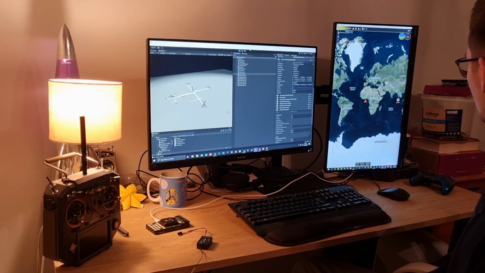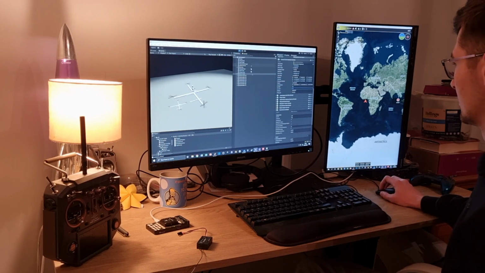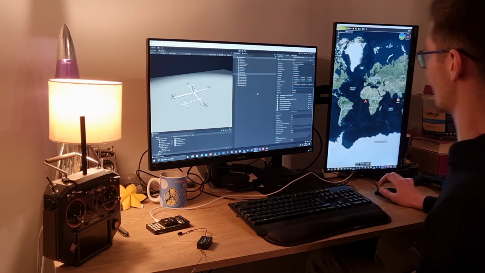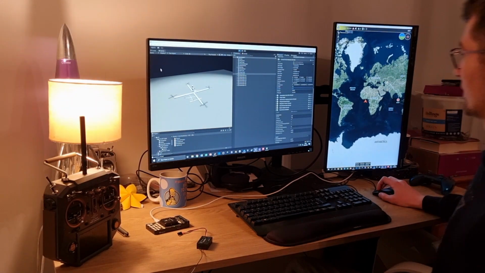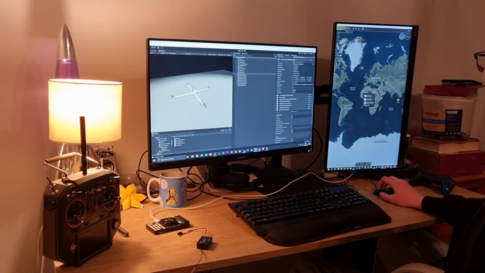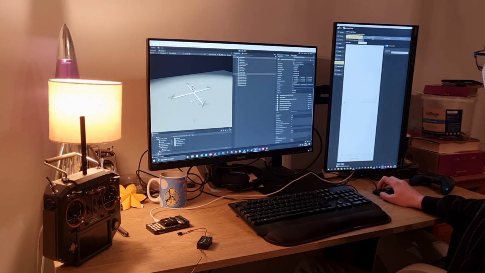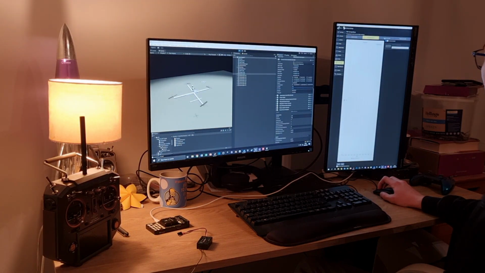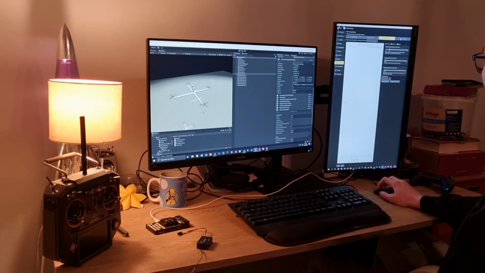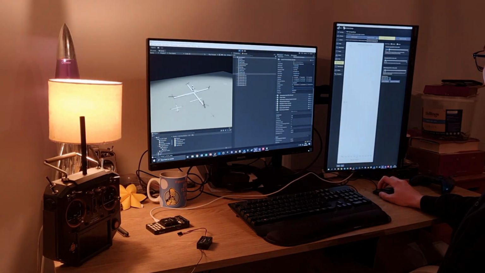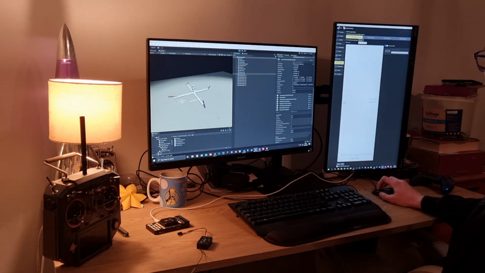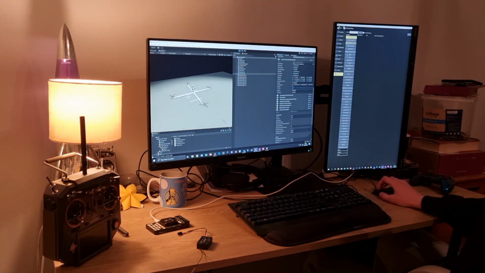But anyway, incorrect GPS coordinates aside, we have everything working here. So in QGroundControl, we should be able to go in and tune one of the PIDs or something. I'm not used to this kind of interface, but there's your velocity and position, attitude controls, things like that. We could change parameters in here, and it should all get sent over